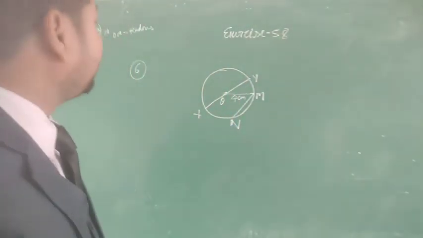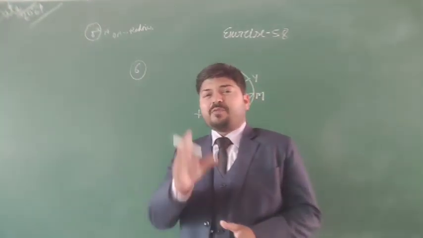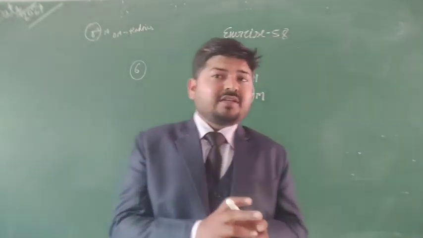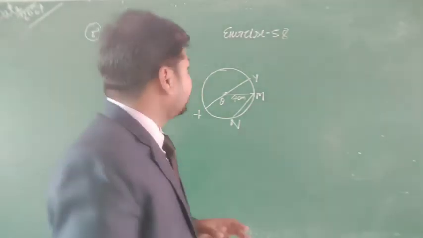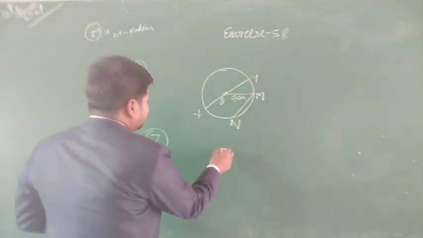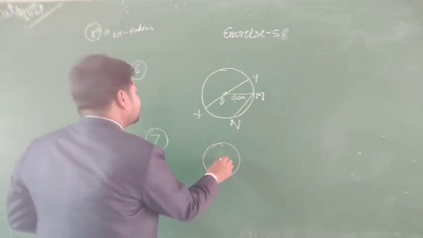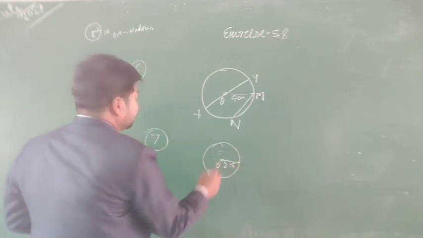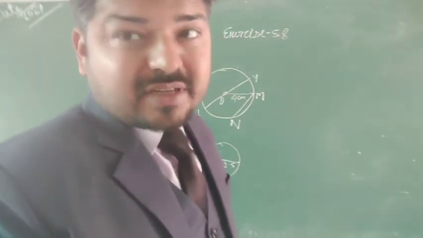Now in question number 7, what do you do? At first you have to measure a distance of 2.5 centimeter with your compass on scale. Okay. Then you have to make a circle of 2.5 centimeter. I do not have a compass, so I am assuming that this is 2.5 centimeter. So like this you have to make a figure in question number 7 of 2.5 centimeter radius. You have to draw a circle. Okay.